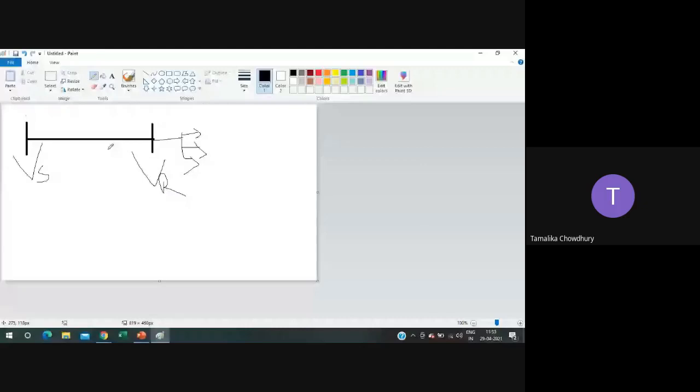So Vs and Vr are the sending end voltage and the receiving end voltage. Apart from that, I just want to say that this line has a certain line drop. It means this voltage Vs and Vr are not the same. If Vs and Vr are not the same, then definitely some amount of voltage drop is happening from this end to this end. Yes or no? Are you understanding? I am asking that Vs is not equal to Vr.